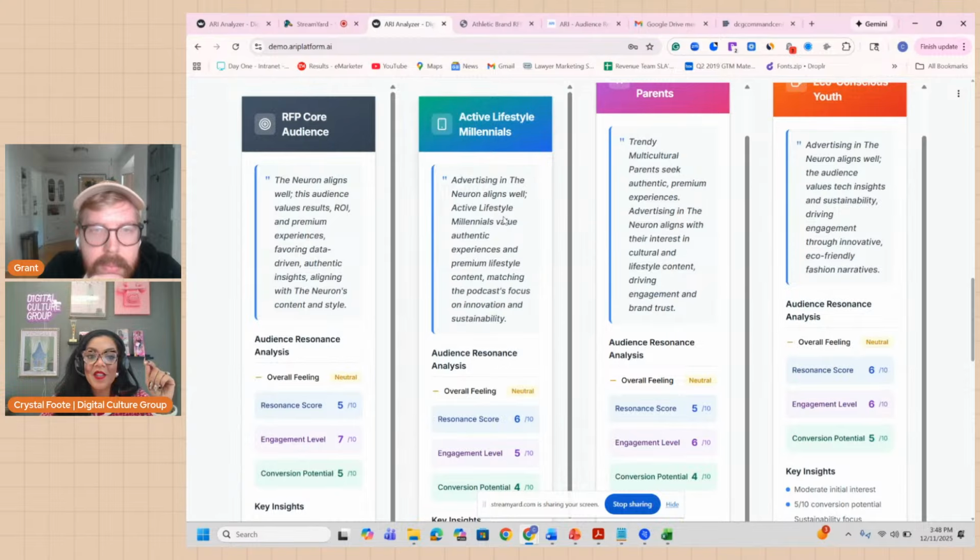Active lifestyle millennials value authentic experiences and premium lifestyle content, matching the podcast focus on innovation and sustainability. Trending multicultural parents seek authentic premium experiences. Advertising in The Neuron aligns with their interest in cultural and lifestyle content, driving engagement and brand trust. So I think that's a yes.